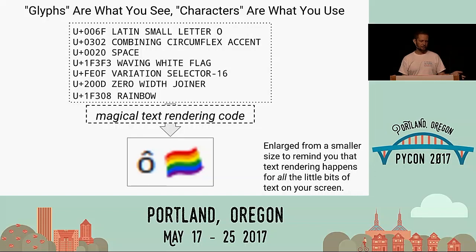After that space, there's also those 4 code points that give you rainbow flag emoji. Why is it 4? Well, first of all, there's waving white flag. White actually is a typographical term here. It means the color of the background. So if it was laid out on a black background in white text, it would be a black flag. But essentially, it's a flag symbol. Then a character called a variation selector, which is a sort of special combining character